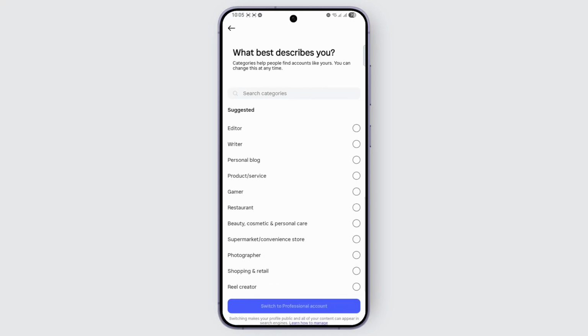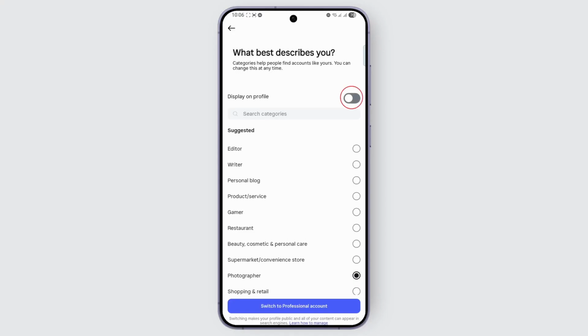Select what kind of professional account you want. Let's just do photographer for now. And if you want to display it on your profile, you can toggle this on and it will show you your profile as a photographer. Now tap on switch to professional account